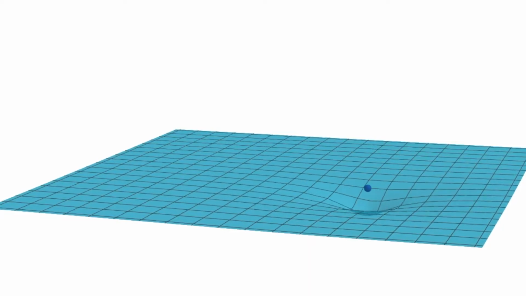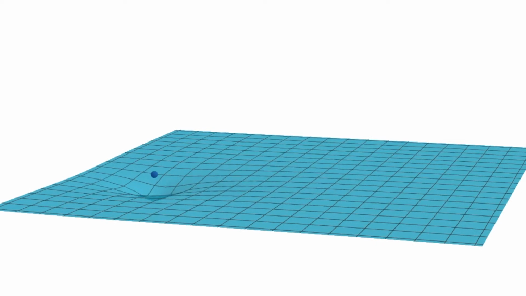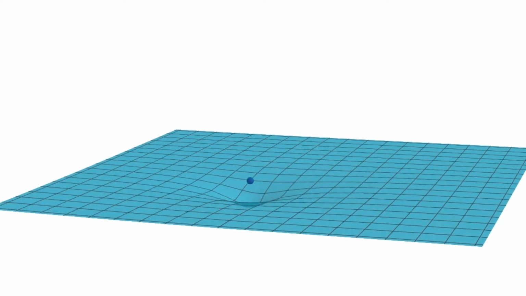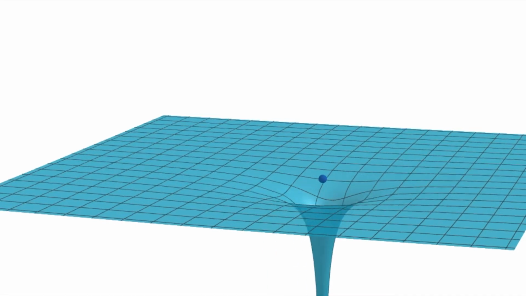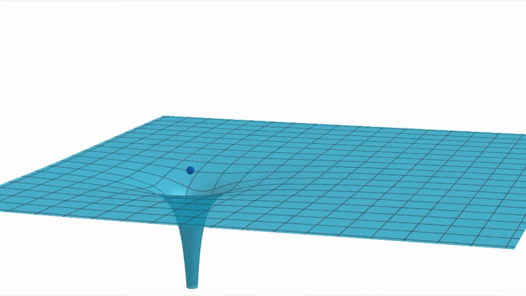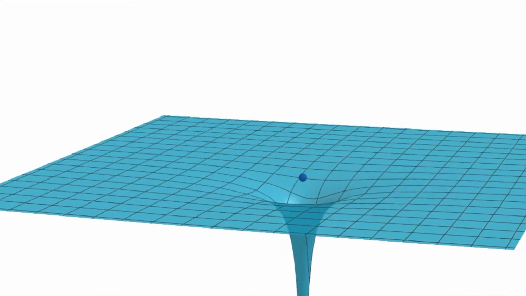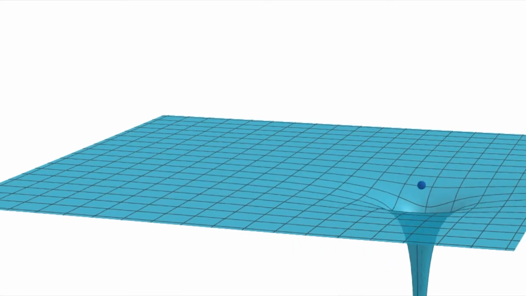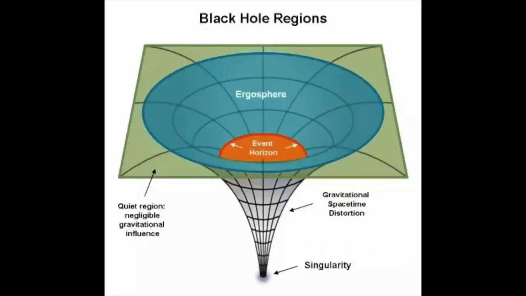In past videos, we have discussed how masses warp the spacetime continuum like this. Black holes, however, bend it more like this. They can be considered a rip in the spacetime continuum because spacetime does not exist in the very center. So let's look at a diagram of these amazing astronomical phenomena. The very center here is the black hole's singularity.